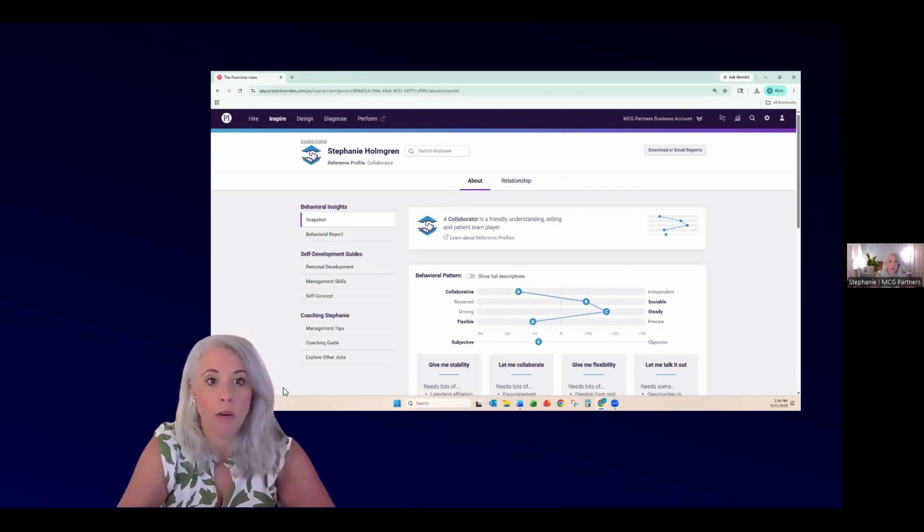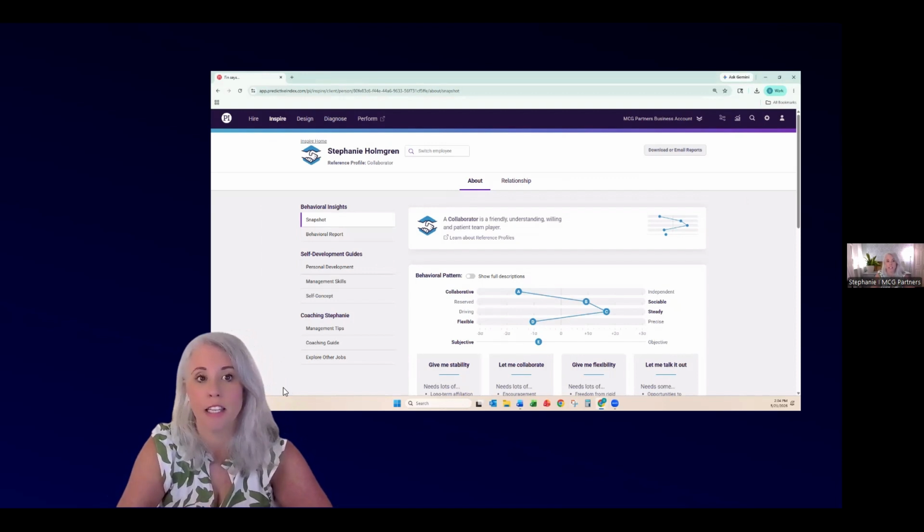As you prepare for your next one-on-one, utilize the following resources. Use the PI behavioral report, person snapshot, or placard to connect with more awareness to understand the individual. Use the management strategy guide or management tips to clarify how to support and manage the person more effectively. And use the personal development guide or the coaching guide when the conversation is focused on growth, performance, or development.